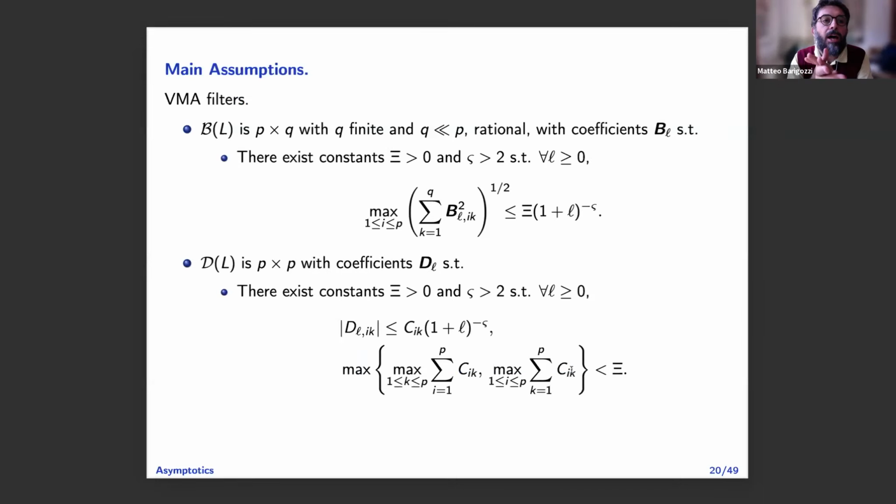Okay, some assumptions, let me try not to be too boring. Simply, we need some conditions on the moving average filters. The first one is for the common component, the filters loading the factors. This is just square summability. It's nothing special. The only thing is the serial dependence, and we allow for serial dependence which is not decaying geometrically. We could have done with just rho to the minus L, which would have been enough, but Heron was keen to keep this more general, so we have it like that.